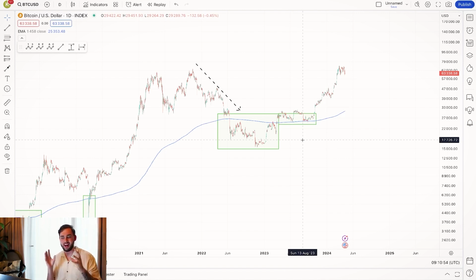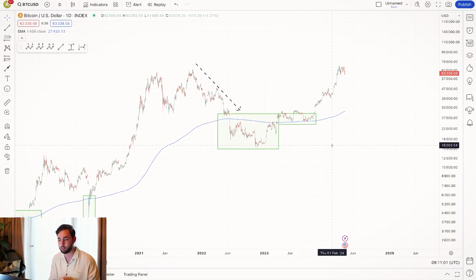It definitely pushed us under this line for longer. And even so, touching this line over here, you can see it very much so is a strong level of support, would have been a fantastic entry level. Matter of fact, anywhere in these green boxes, even up here, would have been a great time to buy. Now, of course, you're looking at Bitcoin's price here, but this applies for all of your altcoins as well.